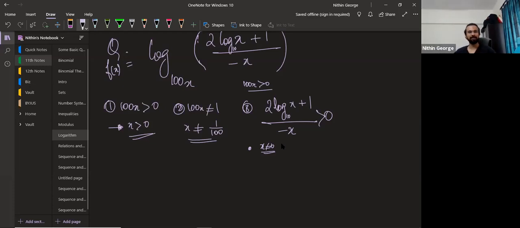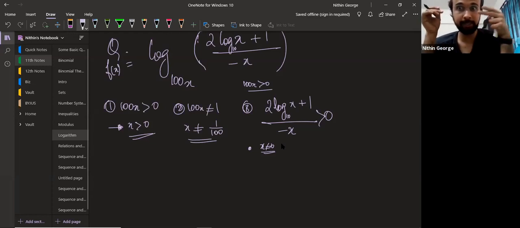Don't think like that. There are values where it can be positive, and we have to verify that. Just because we see minus x below doesn't mean anything. If I put a negative value for x, what happens here? Minus x will become positive.